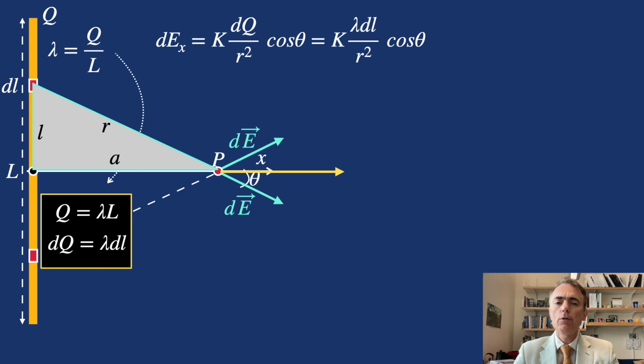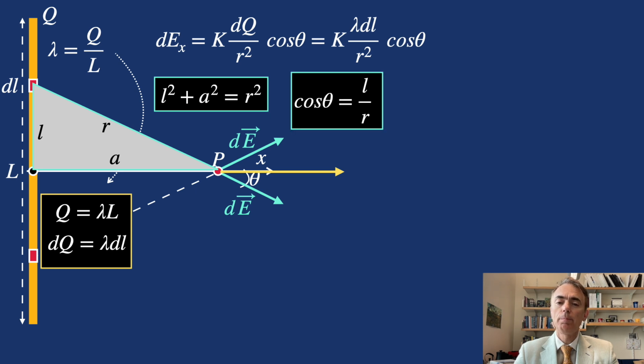By this I mean in terms of the distance a from the rod to point P, and in terms of the distance from the origin to the differential of charge, using Pythagoras' theorem. I can rewrite this as, and substituting r by this,